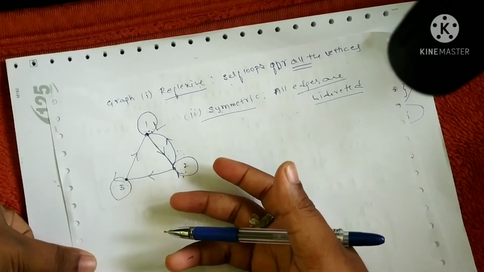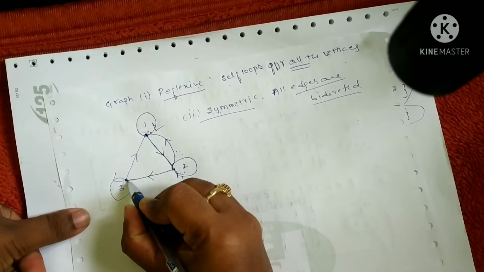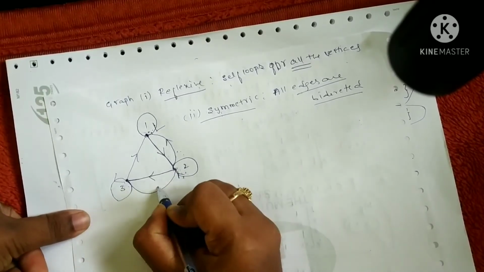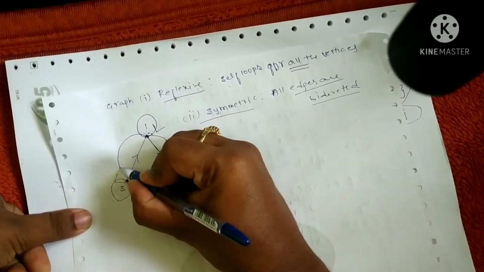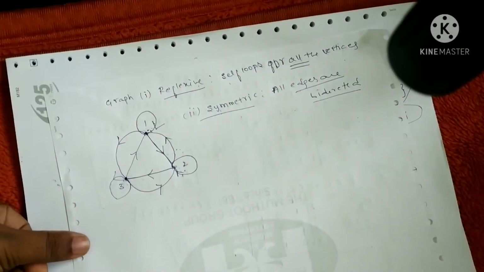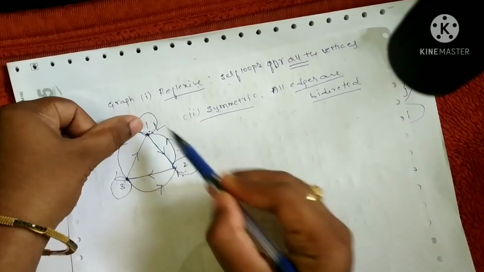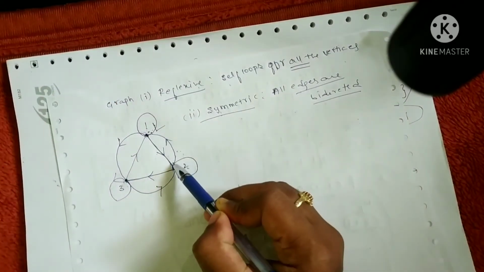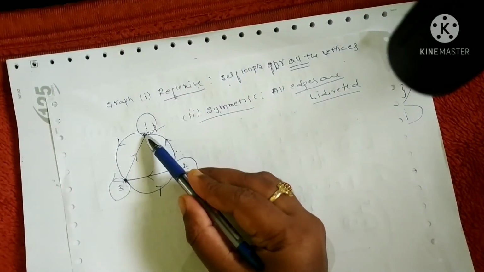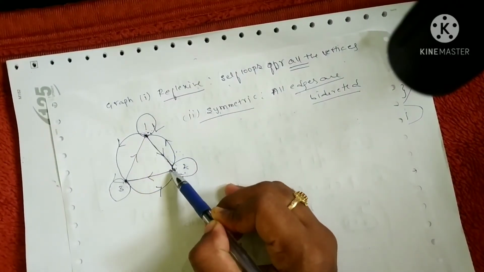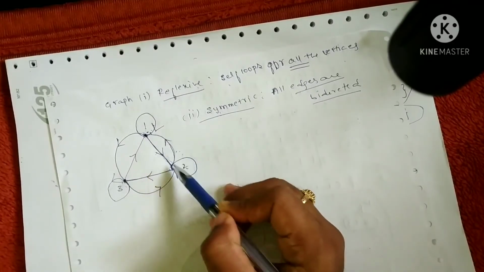When does the graph become symmetric? Let me rewrite the diagram. I have an edge from 2 to 3. Again I should have a bidirected edge. I have an edge from 3 to 1. Again I should have 1 to 3. Clear? Just look at the diagram. I have a vertex 1, and again a vertex 2. Now I have an edge from 1 to 2. Edge in the sense, path: I can reach from 1 to 2. Again, without repeating the same path, I can reach from 2 to 1. Right? Now take 3 and 2.